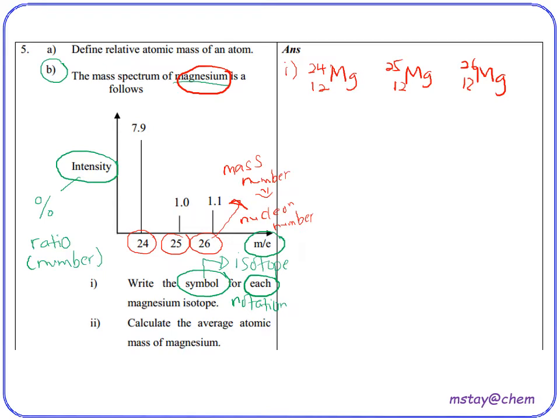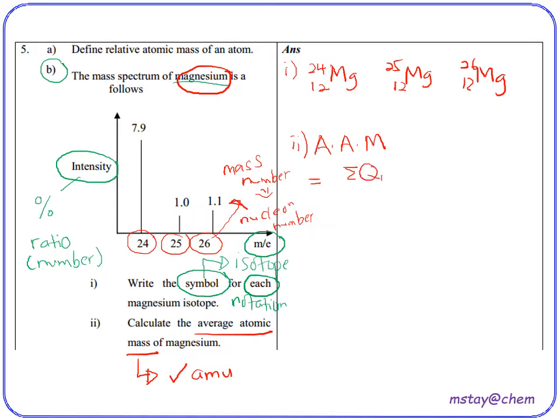Then now we continue with question number 2. Calculate the average atomic mass. From the average atomic mass, we have the idea that it supposedly will have the unit of AMU. So now we continue with number 2, average atomic mass equal to the formula that we remember just now is